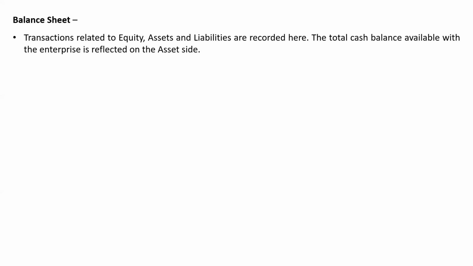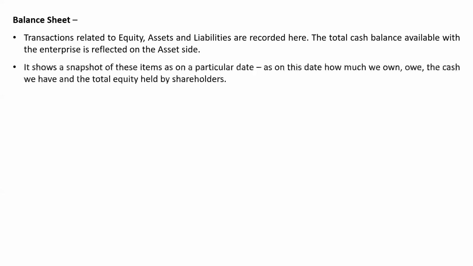Moving on to the balance sheet, this is where we capture business elements like how much money is invested in the business by the shareholders, how much loan is taken from the bank, what all assets and liabilities the business has, and how much profits we have generated till date. An important number that we must focus on is the cash balance that is shown on the asset side. The balance sheet shows the balance of all the above as on a specific point in time and not over a period like the income statement.